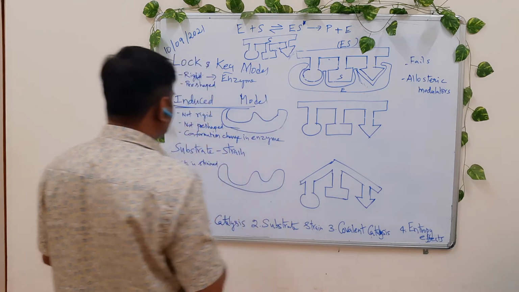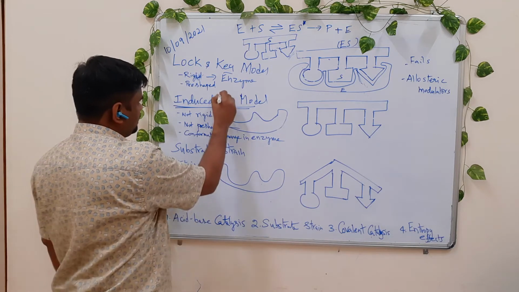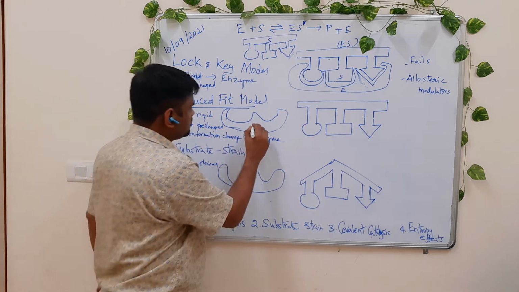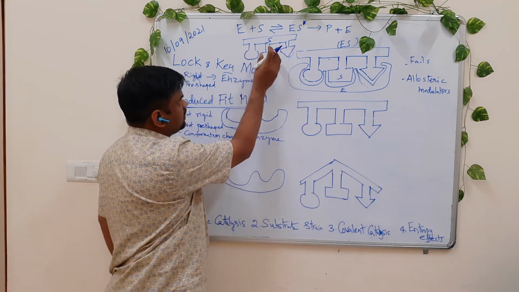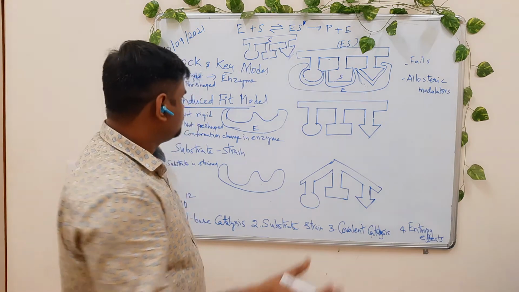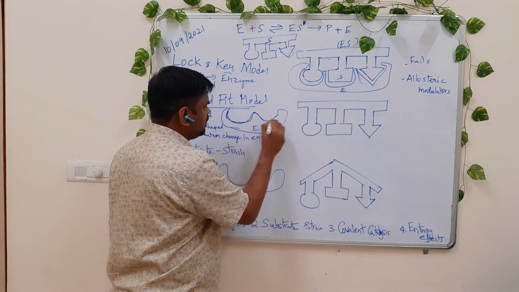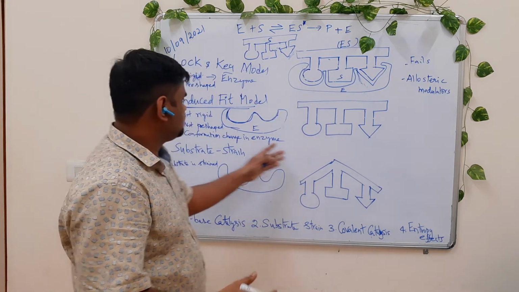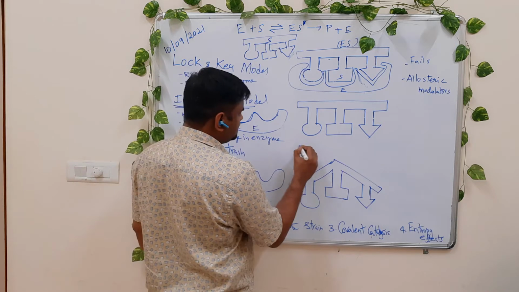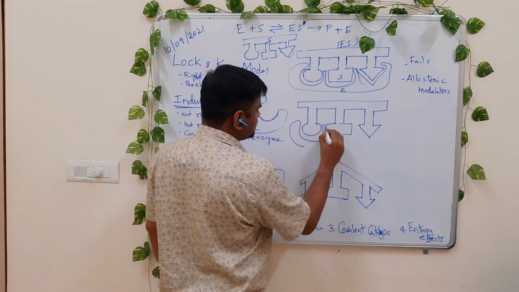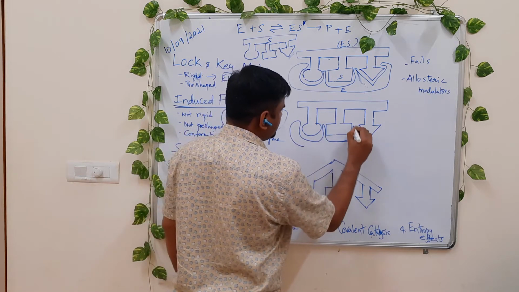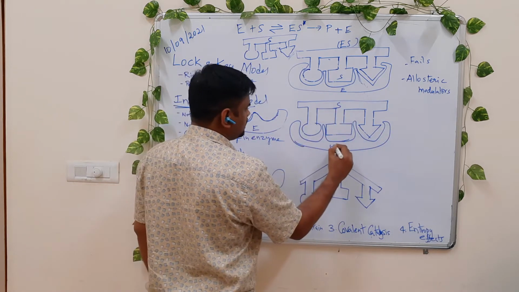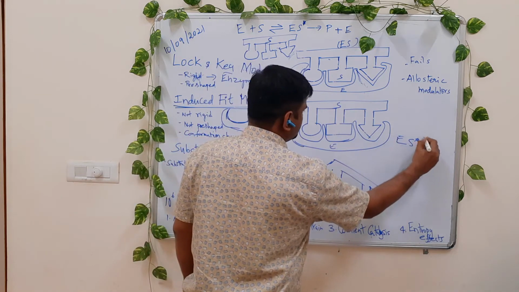What happens in this induced model? Induced fit. We are inducing a fit to the system. For example, the enzyme does not have exactly those circular, rectangular, triangular shapes. They have something similar, and once a certain substrate comes into contact, the enzyme will adjust. This theory says that these enzymes are flexible. So once they come in contact with this kind of substrate, we have this ES formation.